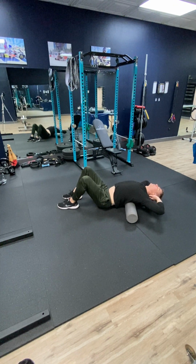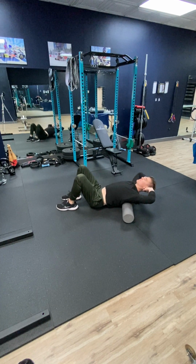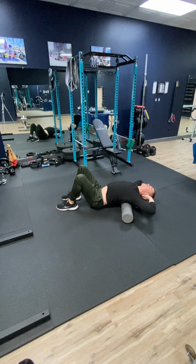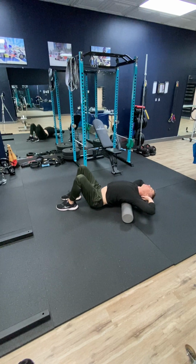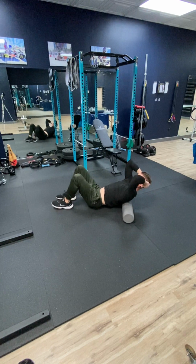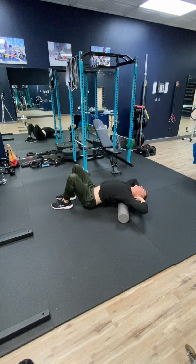And we're opening up over that foam roll. We're going to roll down a little bit, and we're going to do the same thing up the spine. Continue on up the upper back, opening up that chest,